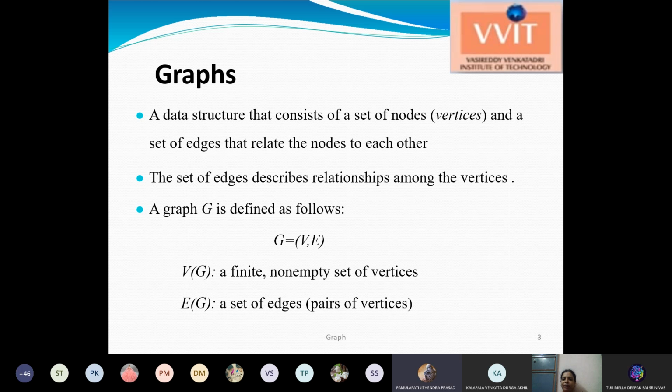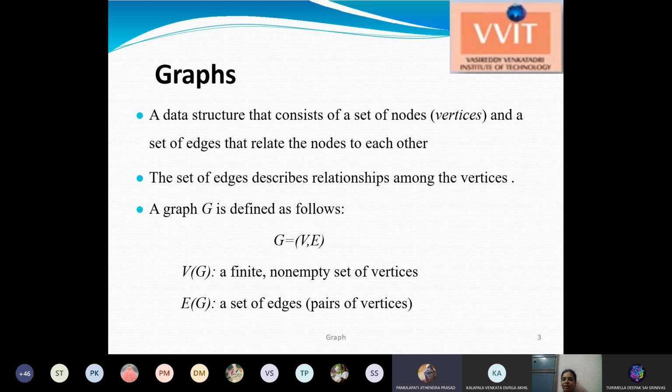Say for example, if you specify 2 dots on that paper, and you join the 2 dots, from the first dot to the second dot, you draw one line. That is nothing but the first dot communicating with the second dot. Say you draw a line with an arrow symbol, a line passing from the first dot to the second dot. If you draw one arrow, then it says the relationship is that the first point is moving to the second point, in the direction of first point to second point.